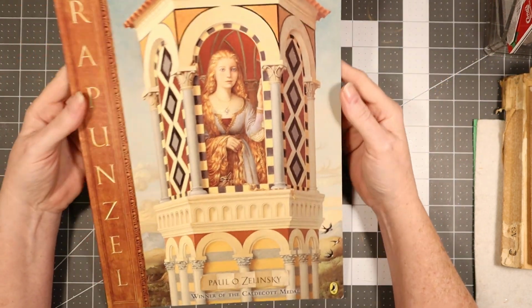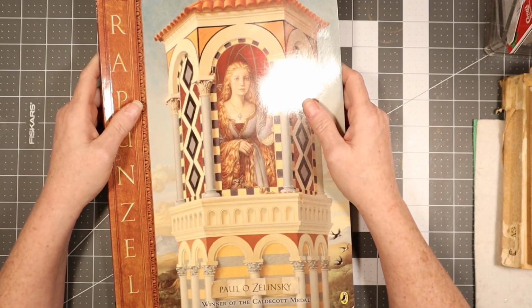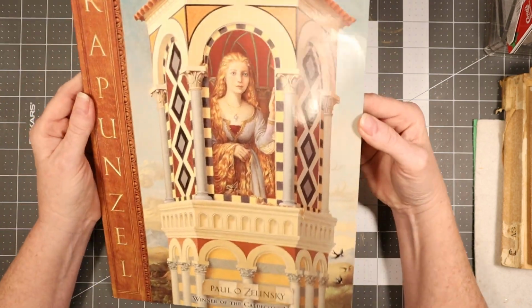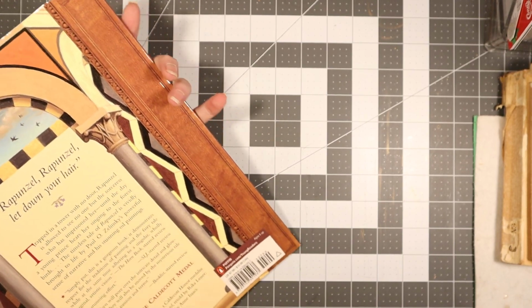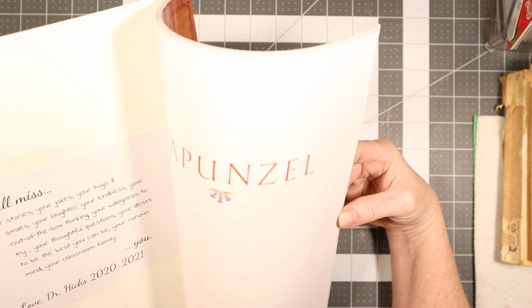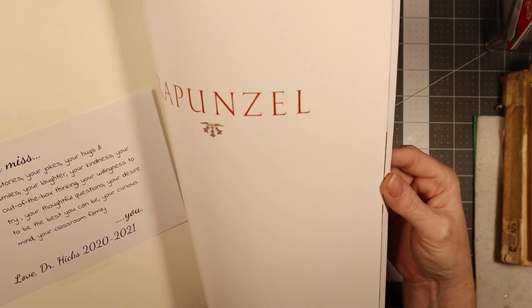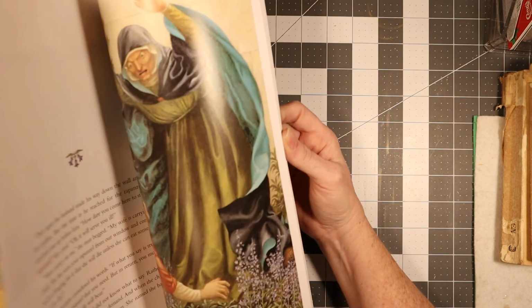But anyways, I found this Rapunzel, kind of like the Brothers Grimm kind of books. It's kind of like that, but not. This is what it looks like. It's really nice. The original price was US $7.99, $8 for it. And there's a note: I will miss your stories, your jokes, your hugs, your smiles. Somebody taped that in there. I guess they graduated in 2021. But anyways, it has beautiful pictures in here,